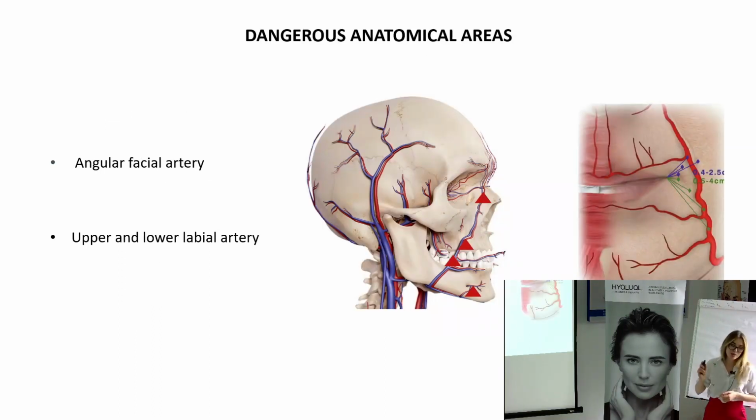Okay, and about dangerous places. Who knows safe places on our face? I don't know. Usually it can be possible because we have a lot of arteries and veins, and we know